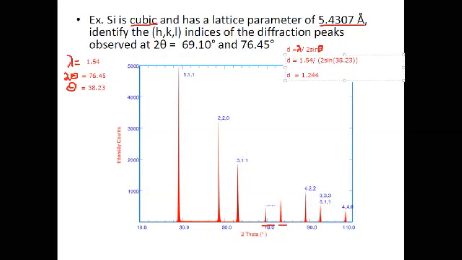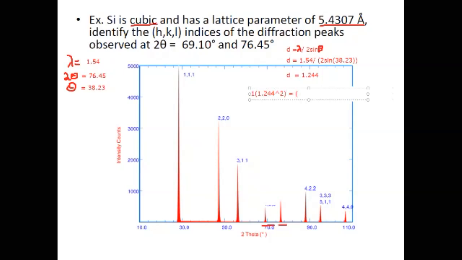Notice that since theta got bigger, our D spacing got smaller. So now we know the D spacing, so we can set up our equation to solve for the HKL indices. So we have 1 divided by 1.244 squared